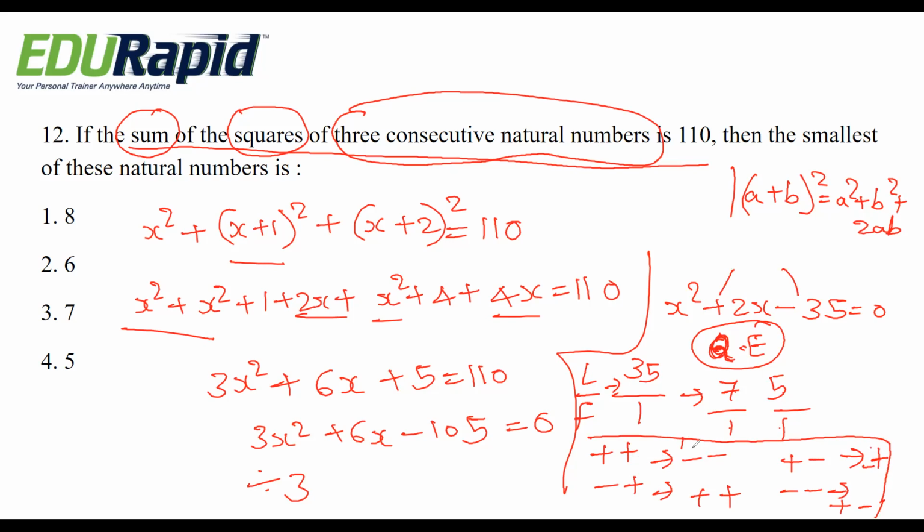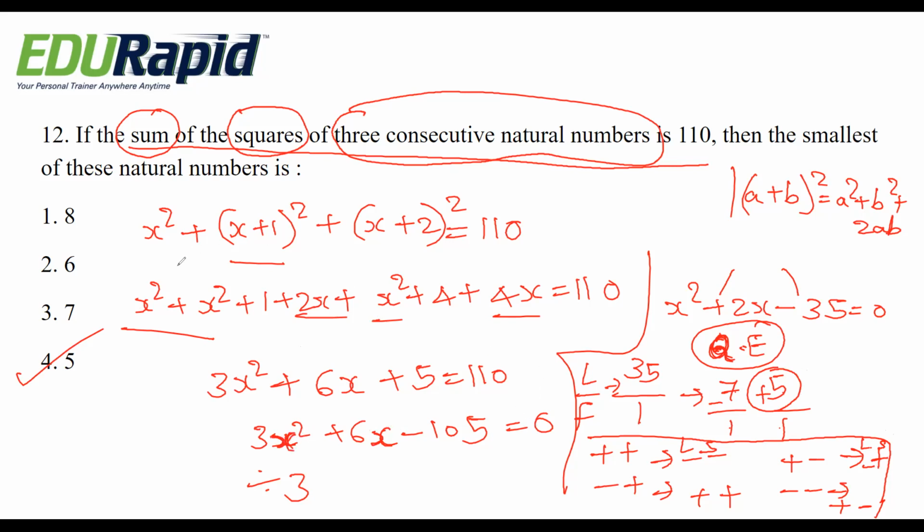The two: the first one is for the larger and the second one is for the smaller number. For larger it is minus 7 and plus 5. So plus 5 is the right answer here, option 4. It looks different, but if you practice the fast method, in the exam you can answer this question within 1 minute.